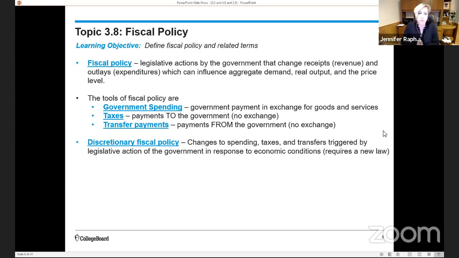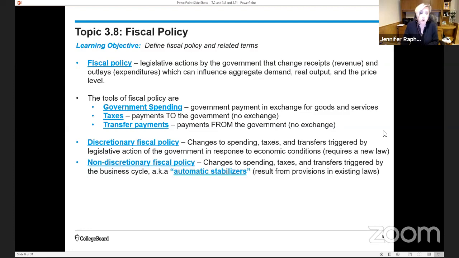So the discretionary fiscal policy requires a new law. The government, they're monitoring the health of the economy, they're determining economic policy may be warranted, and then they're passing a new piece of legislation designed to change either tax receipts or government spending or transfers, and that requires a new law